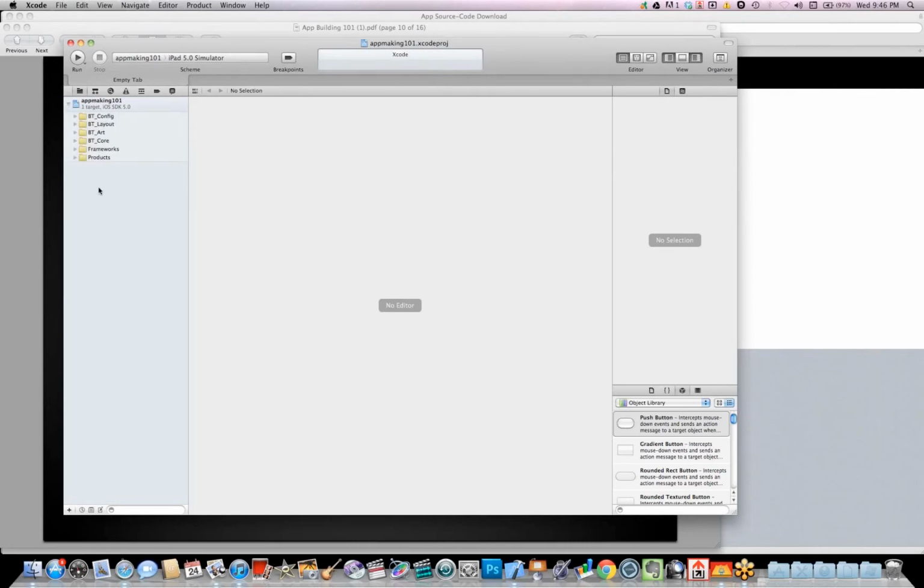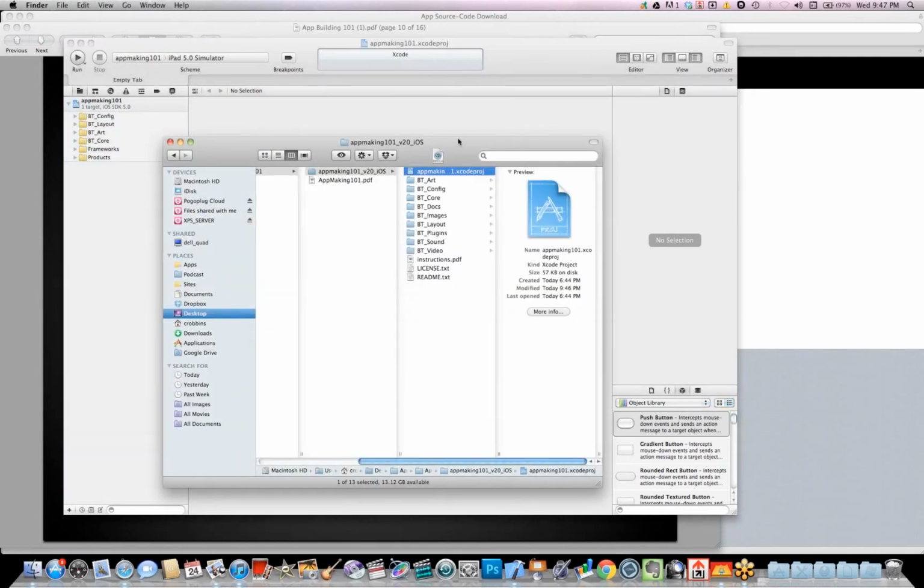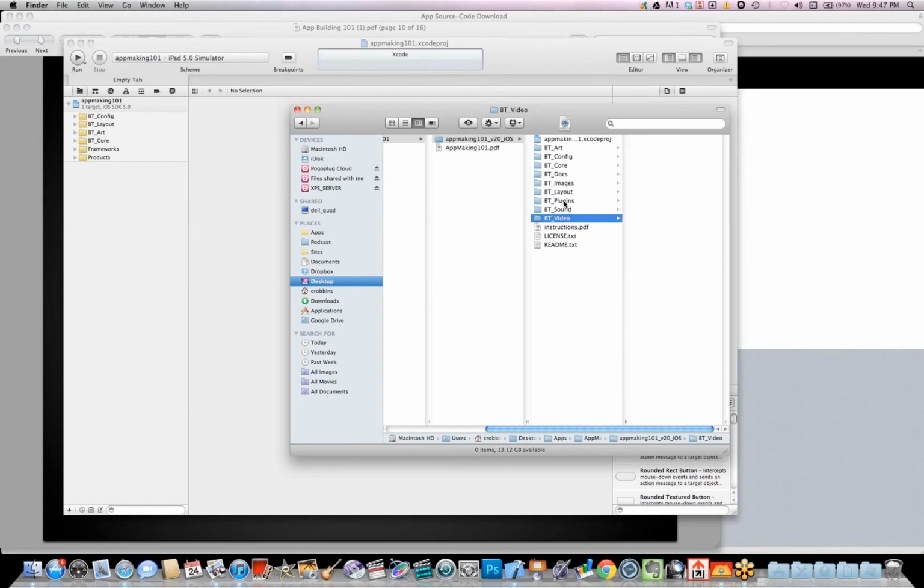I'm going to expand that to see that I do have some of the folders, but I don't have all the folders. If I was to run this app right now, I would get a nice pretty white screen because there's no plugins in here. And if you do a search in the Buzztouch forums for white screen, you'll see many people have asked, why do I have 100 pages in my app, but when I run it, I get just one blank screen. So I'm going to go back to my Finder where I've got